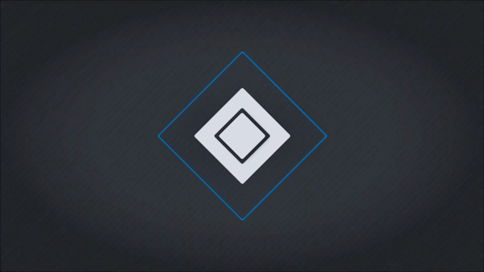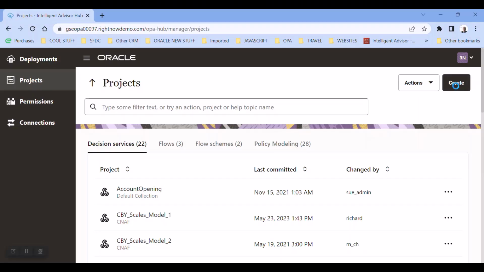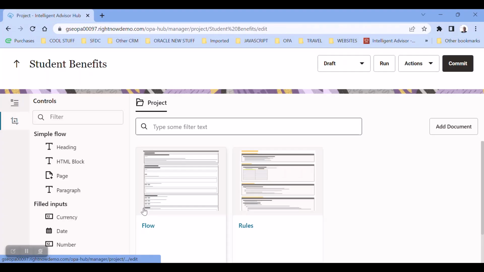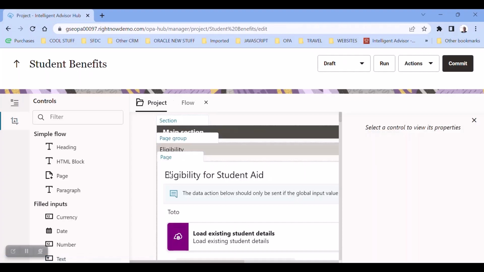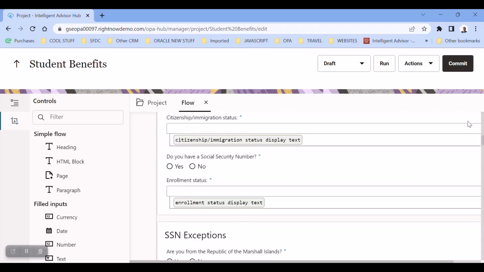Hi, it's Richard here from Intelligent Advisor IT Consulting with a very brief overview of the new Flow Design multi-document user experience. So I'm in a 23B hub. I'm going to go ahead and open an existing project that I have here using the new Flow Builder. As you can see, the Flow Builder, as you'd expect, in Flow, when I open the Flow, I